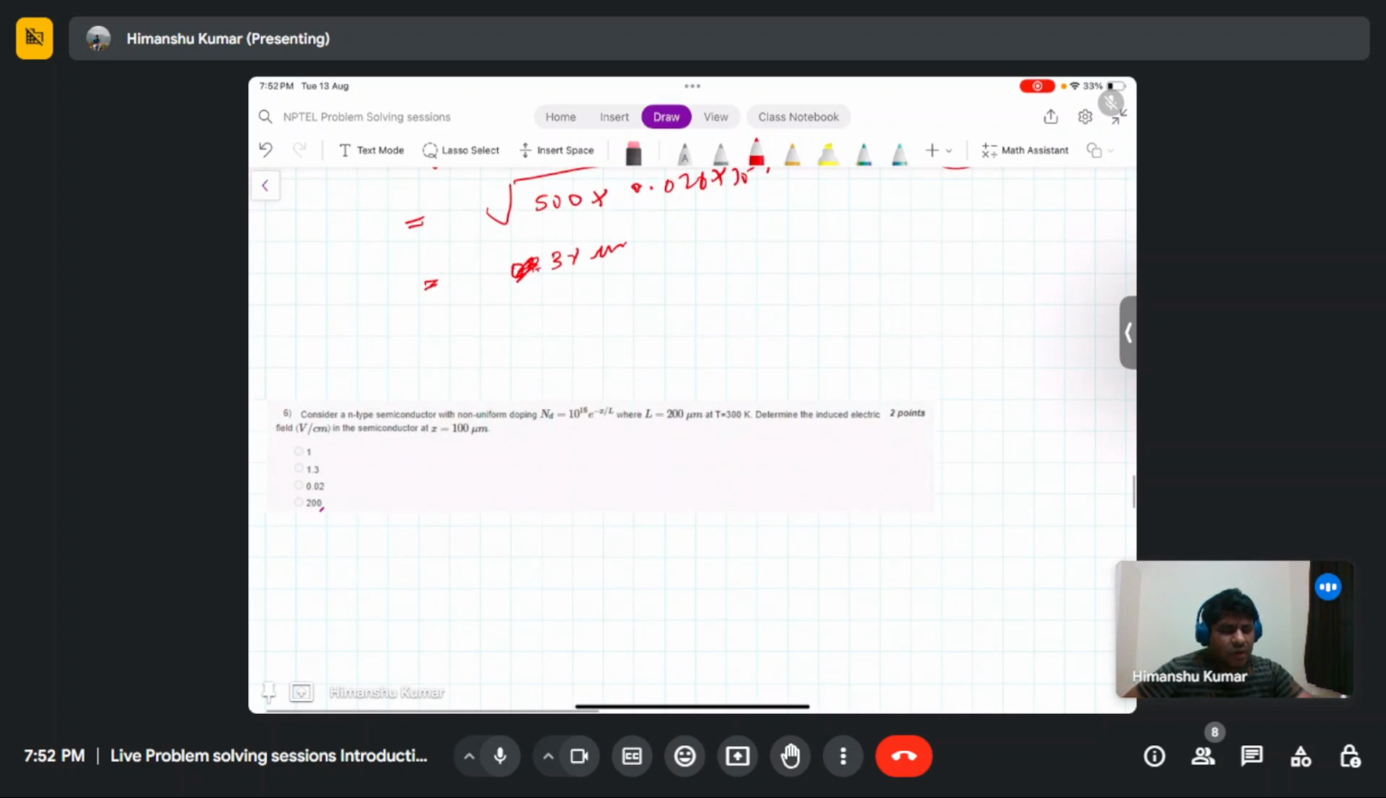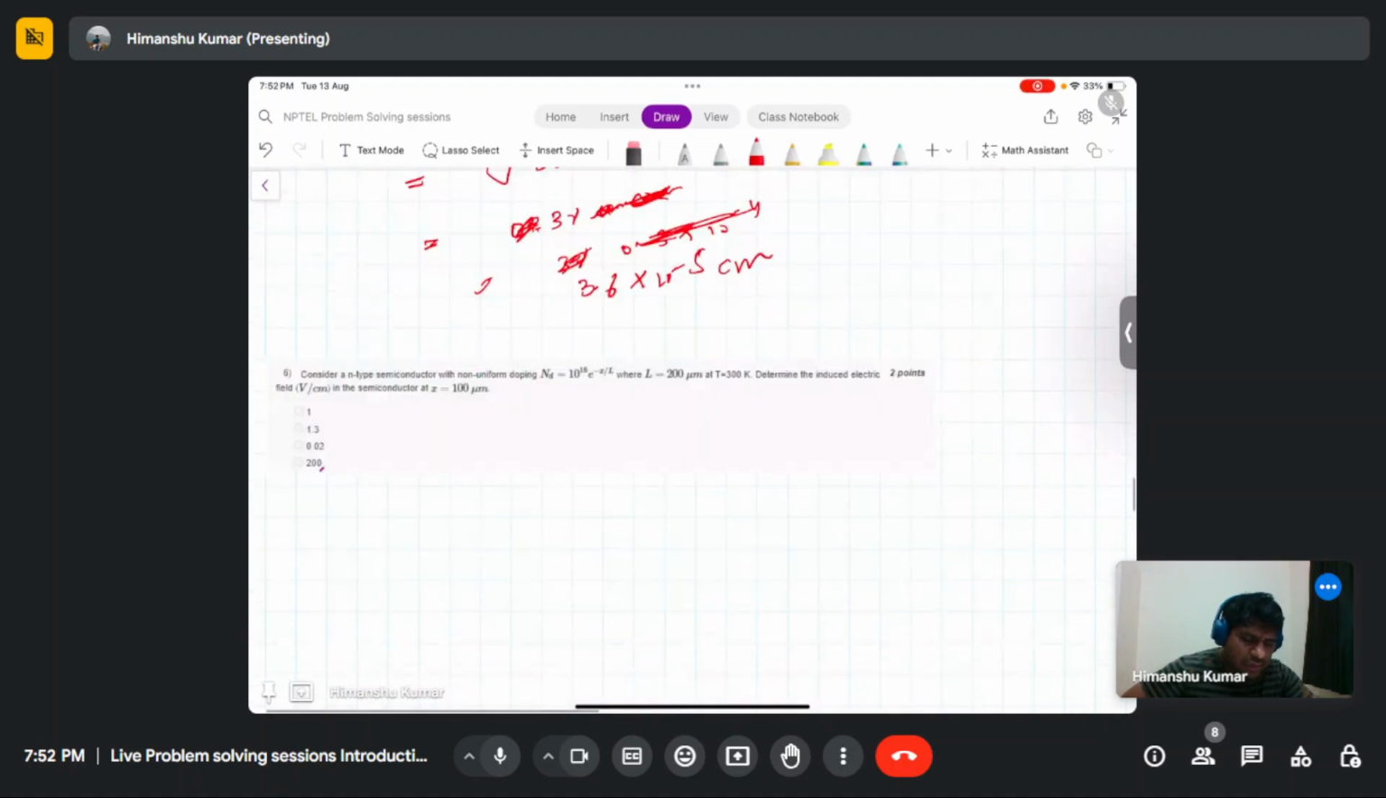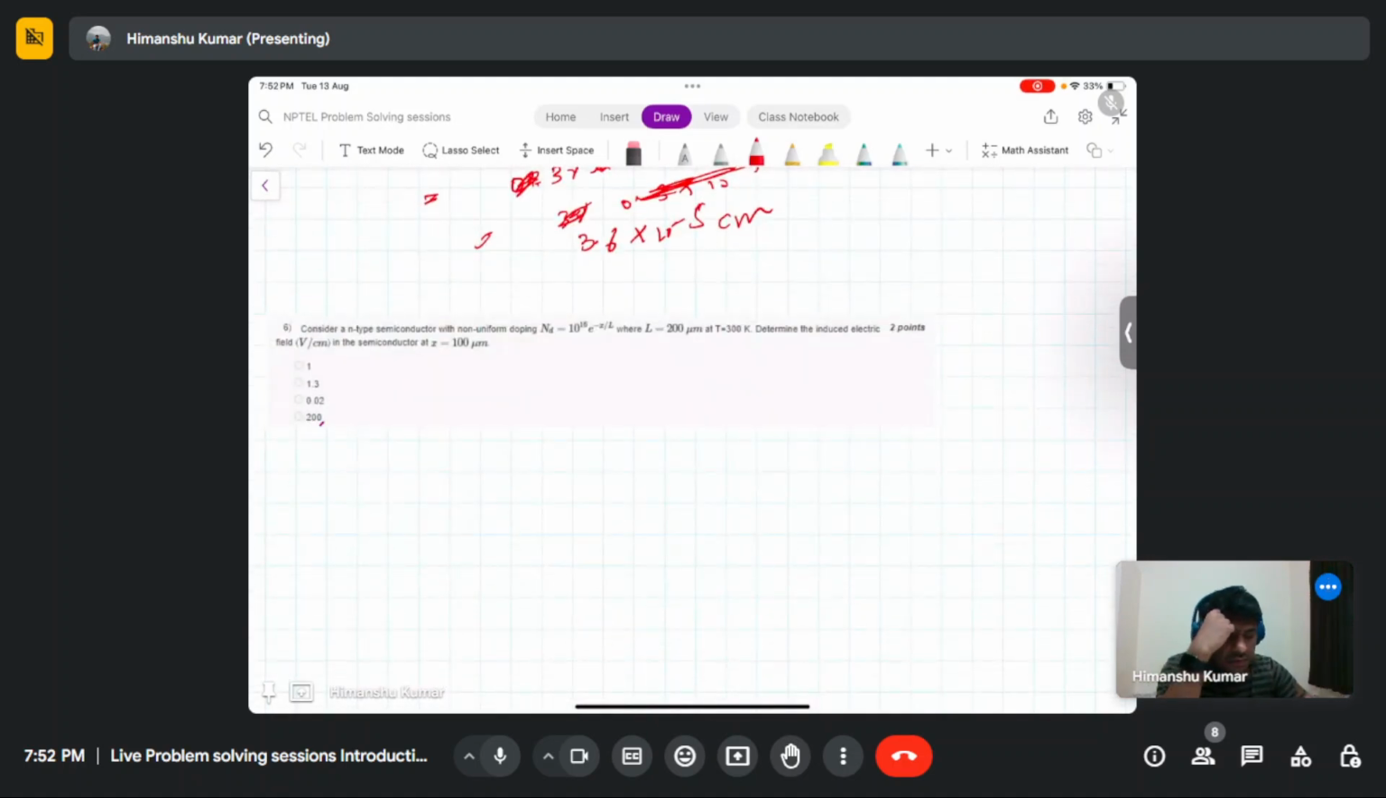So this will be 0.36 centimeter, but it is 36. No, not this 36 centimeter. So it is 0.36 into 10 power minus 4. This will come around 3.6 into 10 power minus 5 centimeter. That you convert into the micron, and then you will get the value. So this will come as 3.6 micron,